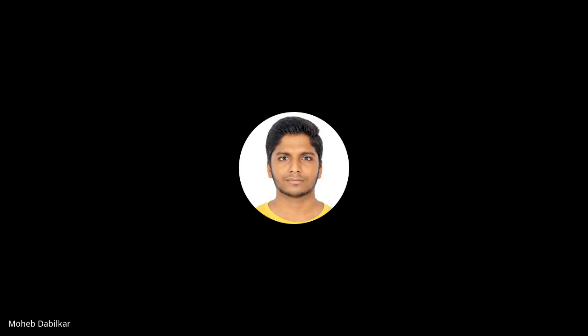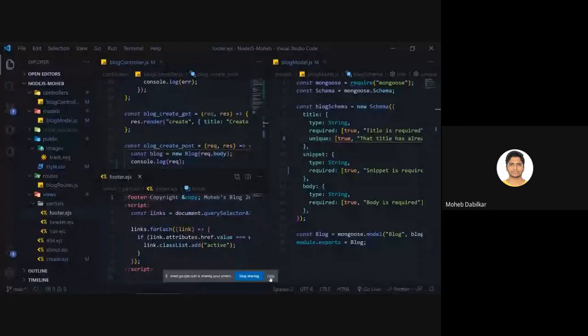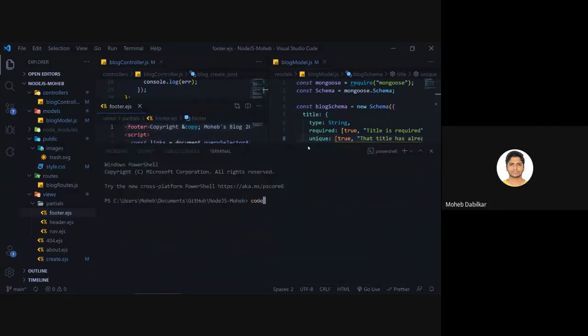Okay. So right now, let me just start sharing my screen. Okay, so this is a different project. Let's just open a new one on the terminal and say code.